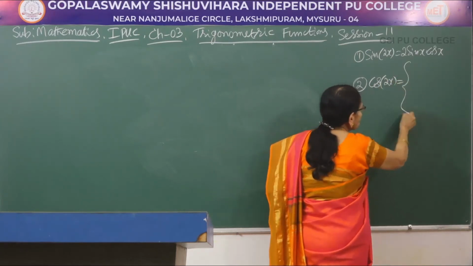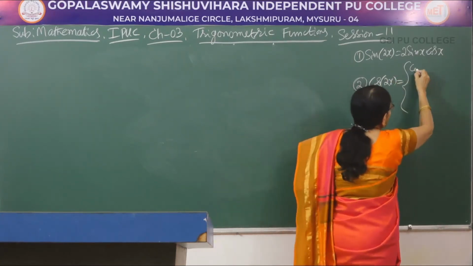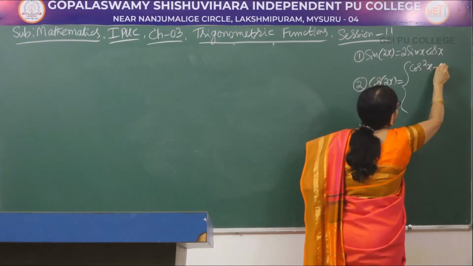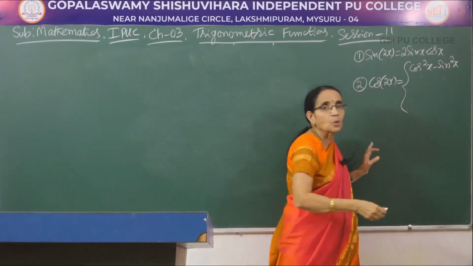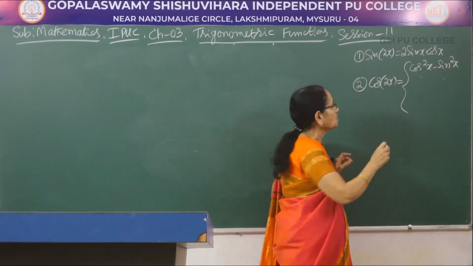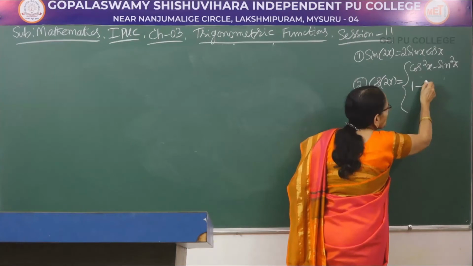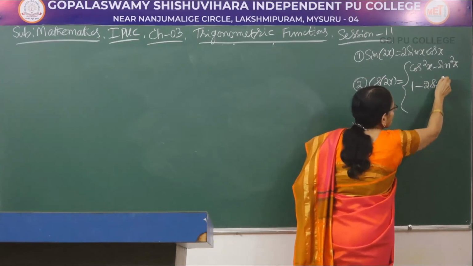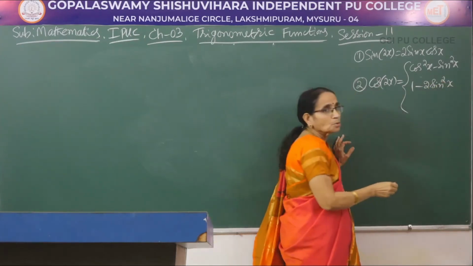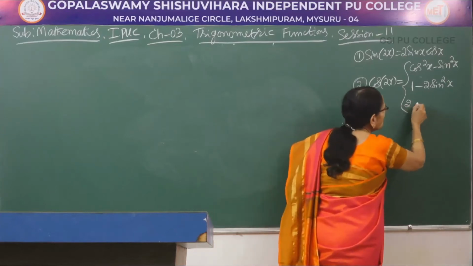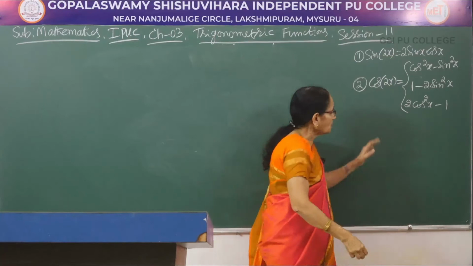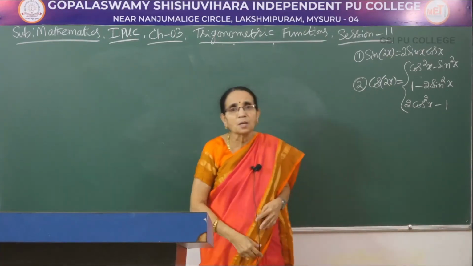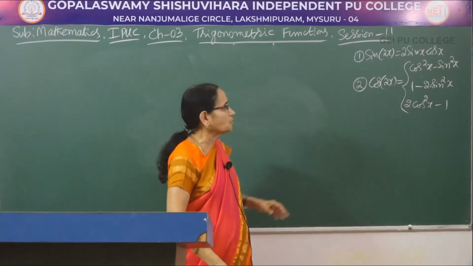See, it has got 3 different expressions. First one is cos square x minus sin square x. That means it involves both cos and sin ratio. The second one is purely in terms of sin function, 1 minus 2 sin square x. Third one is purely in terms of cos x. So all of them are correct. All of them are 3 different ways of expressing cos of 2x here.